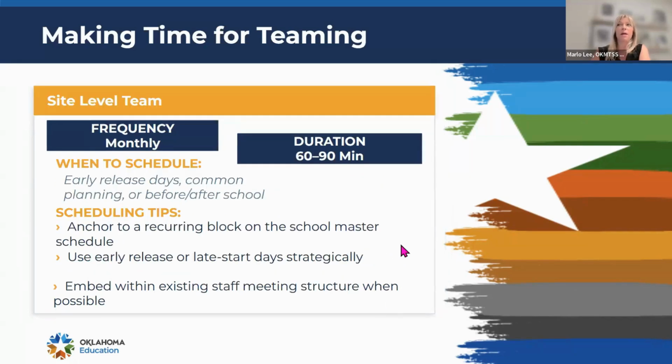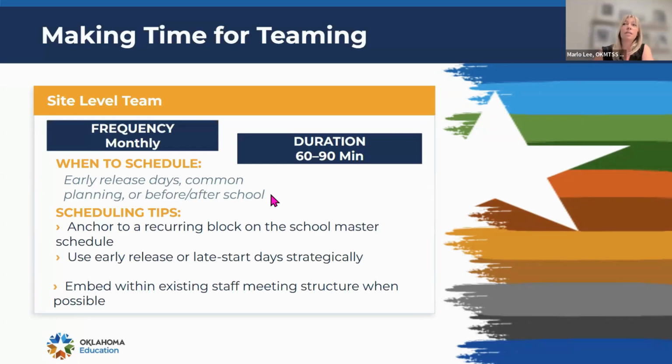For your site level teams, that's basically the same thing. So you want to meet monthly and schedule maybe an hour. Scheduling these, they could be on early release days, common planning time, or before or after school, which we don't love, but if you have time, finding time within your day. I know a working lunch sometimes worked well for us for different things. So you just have to be creative and find that time, but just make sure it's protected once a month